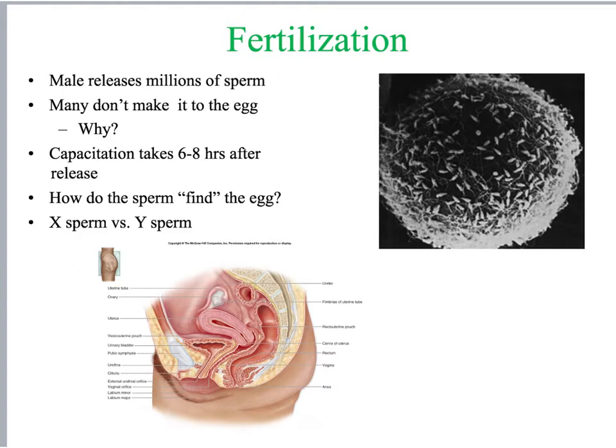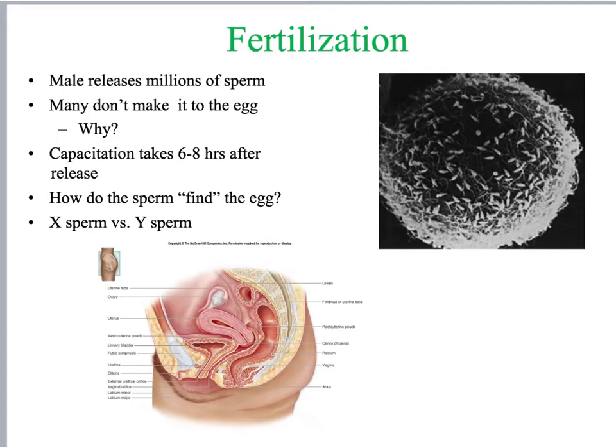So sperm are actually amazing in that they can survive in the female reproductive tract for up to a week, but fertilization is most likely to occur within 24 to 48 hours after ejaculation. So this means, if you're adding it all up in your mind, that for successful fertilization to happen, intercourse or copulation has to occur no more than 2 days before ovulation and no more than 24 hours after, at which point that oocyte has traveled about 1/3 of the way down the fallopian tube. Remember, we talked about this particular spot is the ampulla of the fallopian or uterine tube.